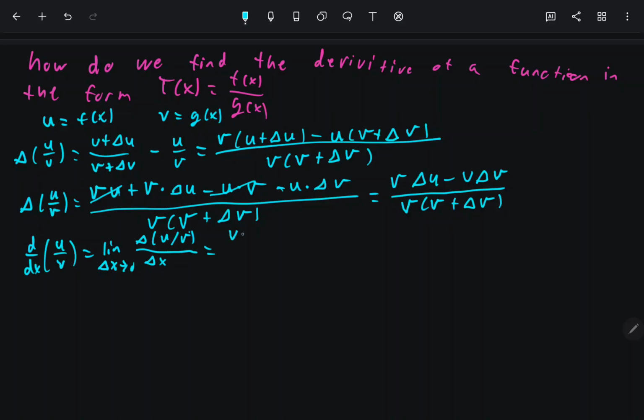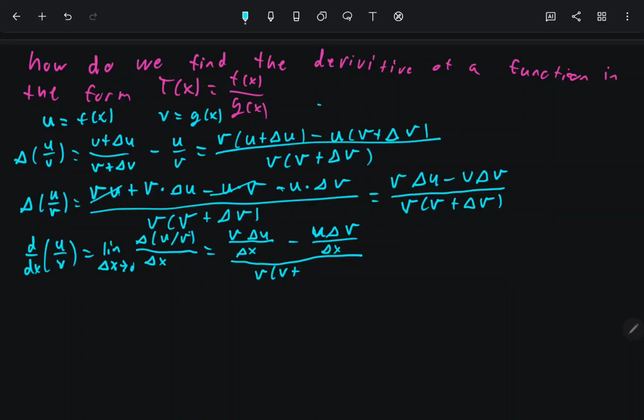So we are going to get v change in u divided by change in x, minus u change in v over change in x, all over v times v. And I'm going to restate that this change in v